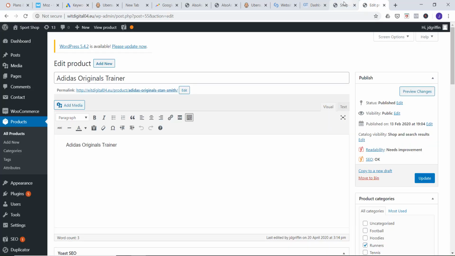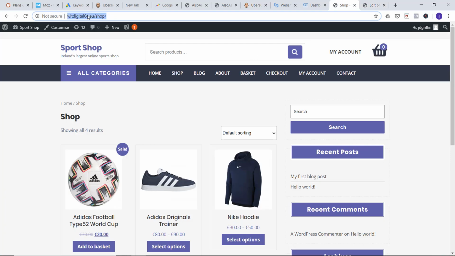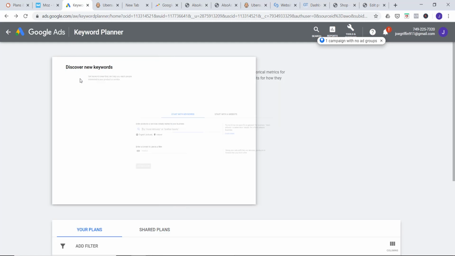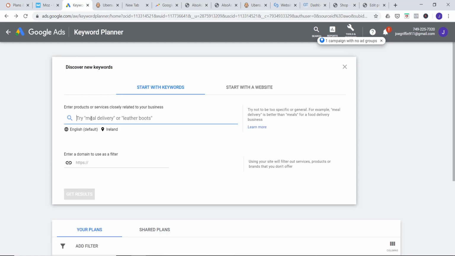Now I've got this website over here, my fictional sports shop.ie, and I wanted to try and optimize this website for search. So in the Google Keyword Planner here, I'm going to go to discover new keywords, and I might just type in here some of the keywords that are specific to my business. So sports shop, and if you do a comma, it'll allow you to add more. Sports shop,